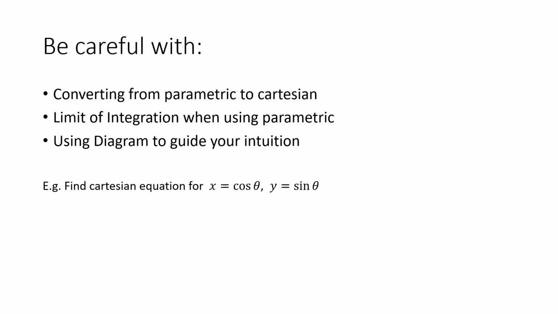So here are a few things to consider. Firstly, sometimes it's actually quite difficult to convert from parametric to Cartesian. In the simplest case, we just need to make t or θ the subject and then solve it. But whenever we're dealing with trigonometry, often we need to use a trigonometric identity in order to